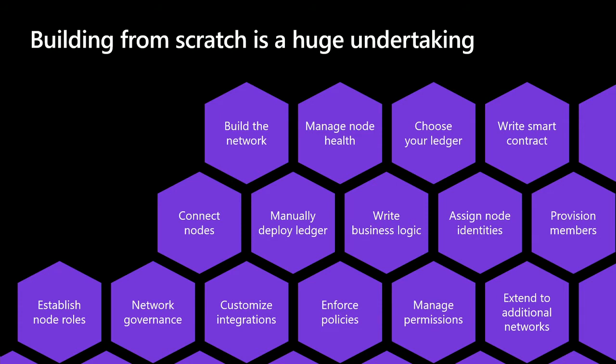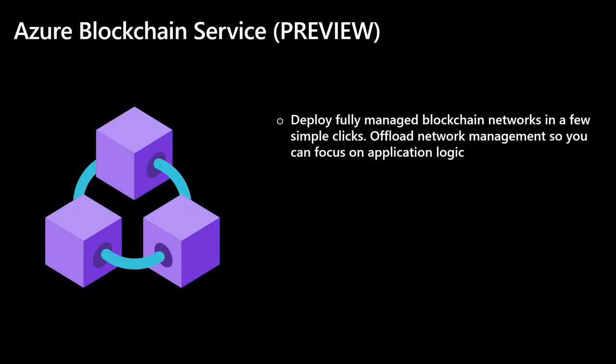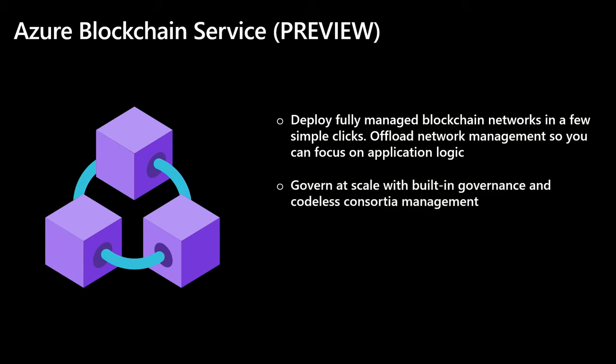So we thought if we could do as much work as possible to try to lower the bar to get to a POC, that would be fantastic. And that's what we're going to show you today, is we're going from 5 months, $500,000, down to a POC that you can build within hours, right, including all the logic. So we introduced Azure Blockchain Service. It's a managed service. We introduced this back at Build last year.